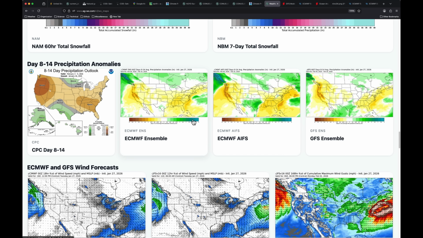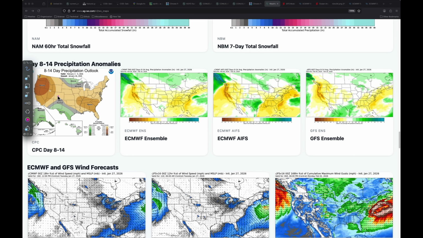If we look at the long range forecast from our 3 to 4 panel here, 8 to 14 days out, we do see the ECMWF AIFS, GFS ensemble, and a little bit here from the ECMWF ensemble of that increased precipitation chances, particularly for the southern plains, and maybe, depending on how that low wraps up, pushing off to the east. Some of these models are not really showcasing a ton of precipitation here. That is a possibility with that low wrapping up out of the south like we've been seeing.